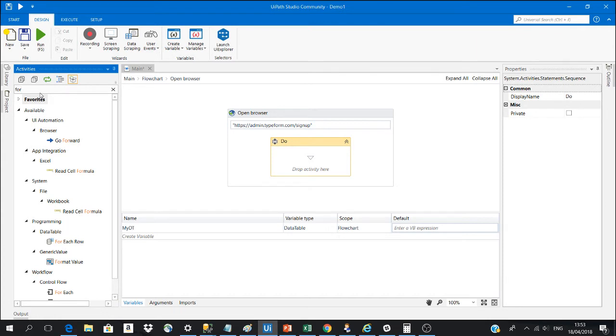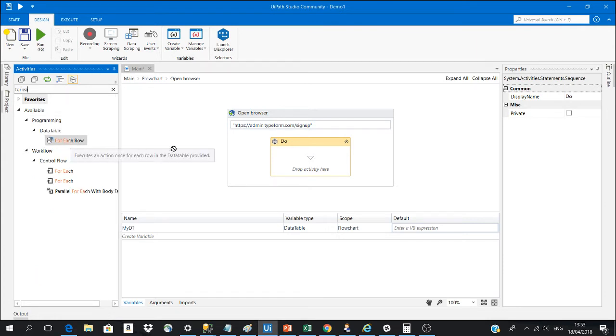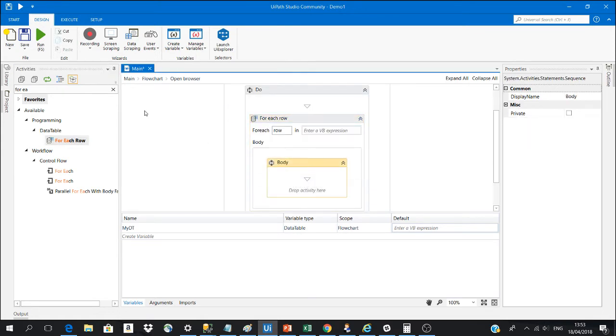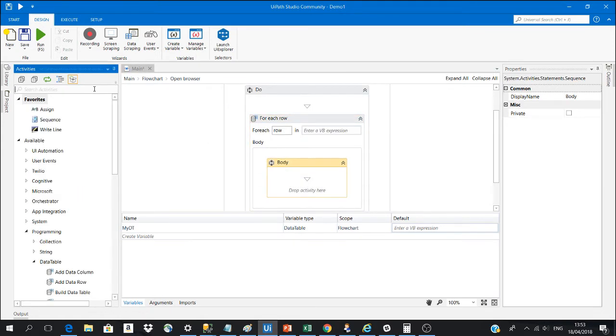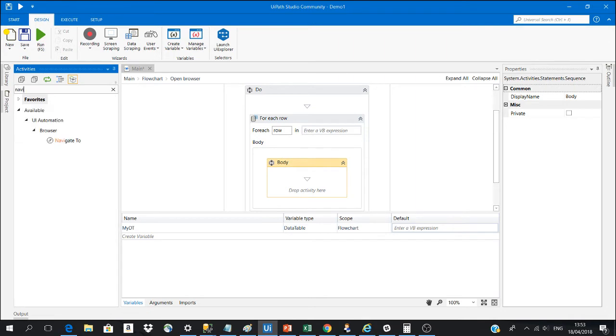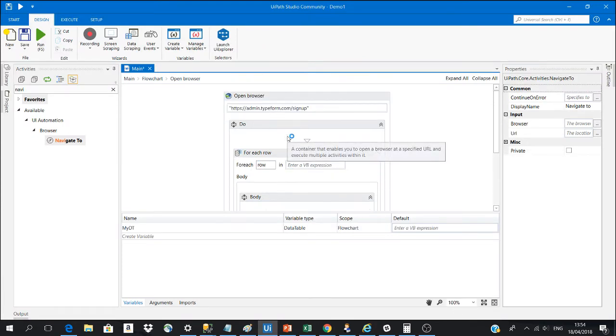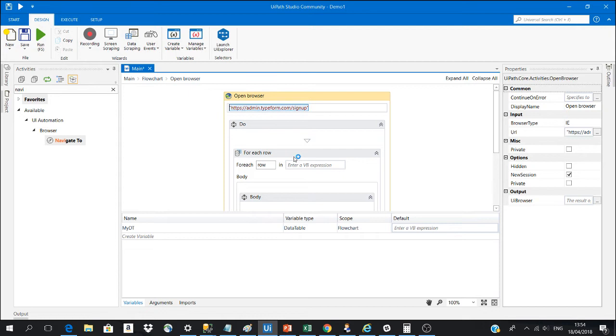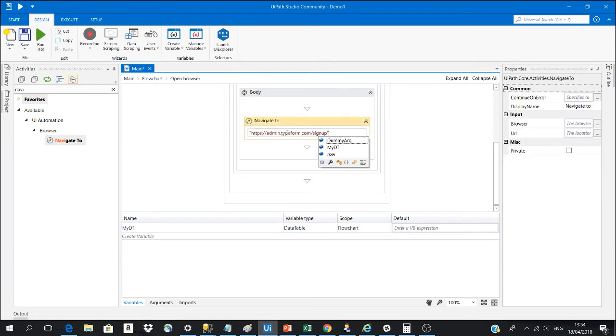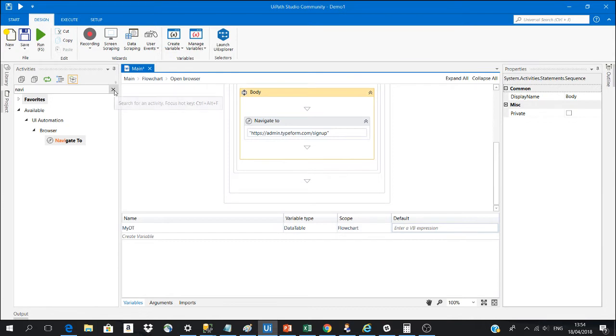For each row here, and the first action should be navigate to the page. Because when the first form is filled up, this needs to navigate back to the form to be filled up, like here. So the address remains the same here. Let's copy the address from here and paste it here. Okay, and the first action of this loop should be